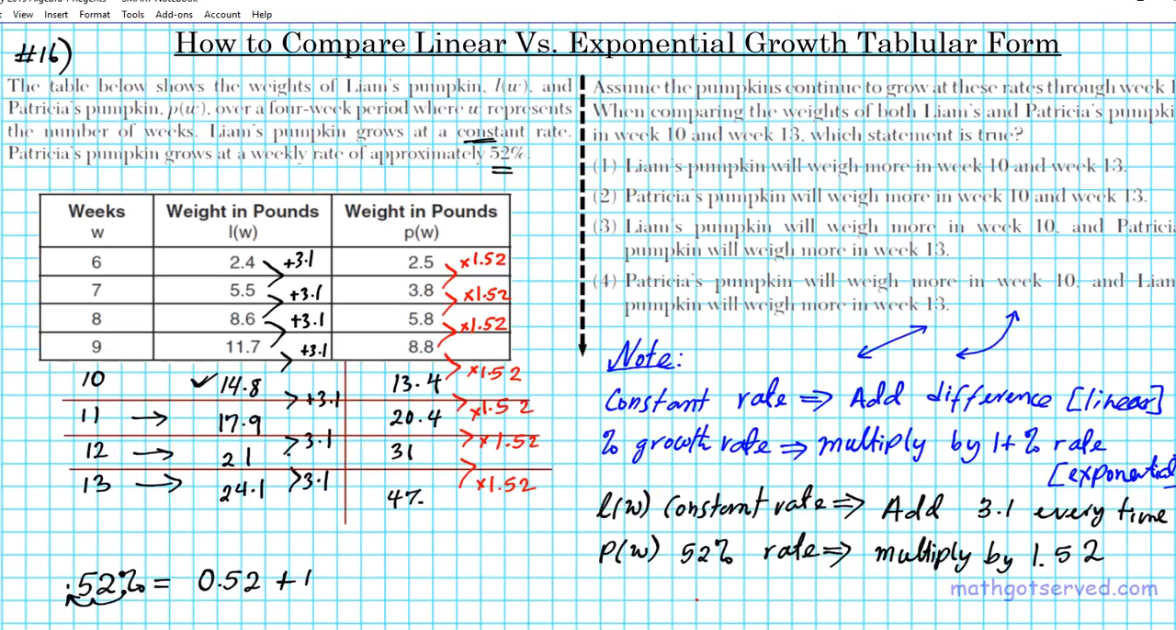Alright. Okay, so let's see what's the correct answer. Liam's pumpkin will weigh more in week 10 and 13. That's wrong because Patricia weighs more in week 13 and Liam weighs more in week 10. Patricia will weigh more in both weeks. No. Option 3, Liam's pumpkin will weigh more in week 10 and Patricia's pumpkin will weigh more in week 13. Absolutely, that's what's happening here. The answer